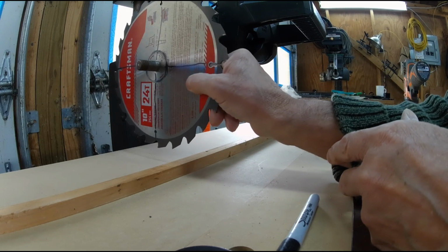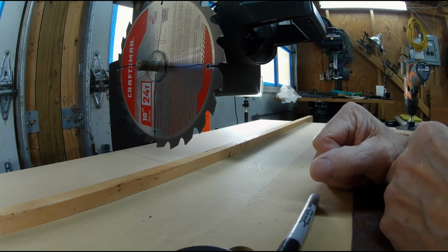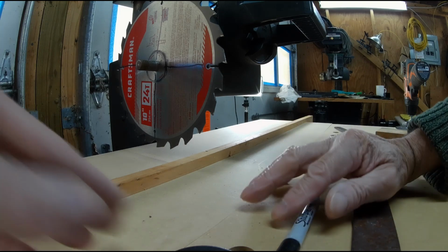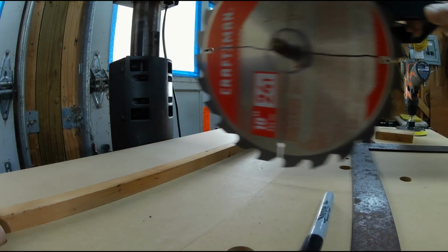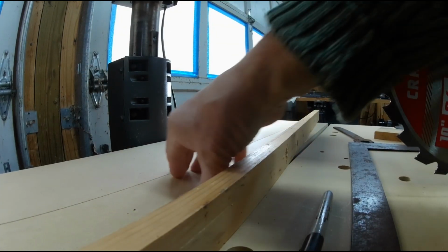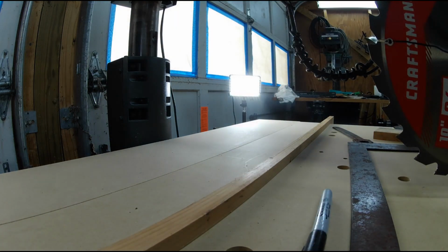This is very dangerous, I feel, and I can see why guys wait for that blade to stop to stick your hands in there. You shouldn't be able to do that. You know, you could, let me see, put it back where it belongs for a minute. These pieces